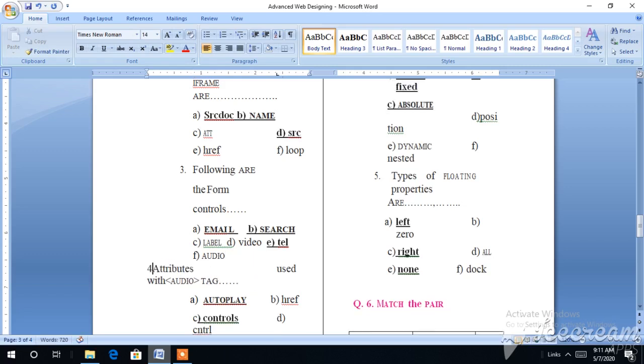Next is the fourth question. Attributes used with audio. What are the attributes we use with audio?